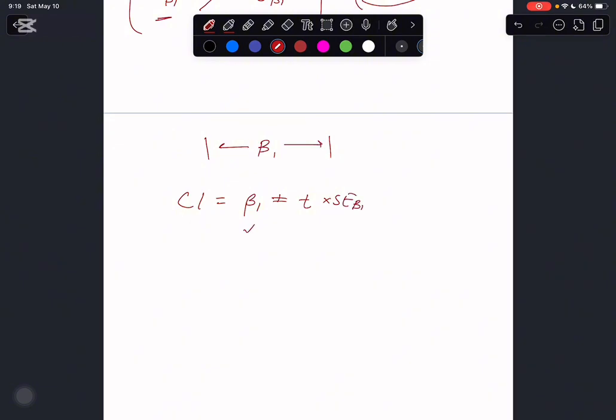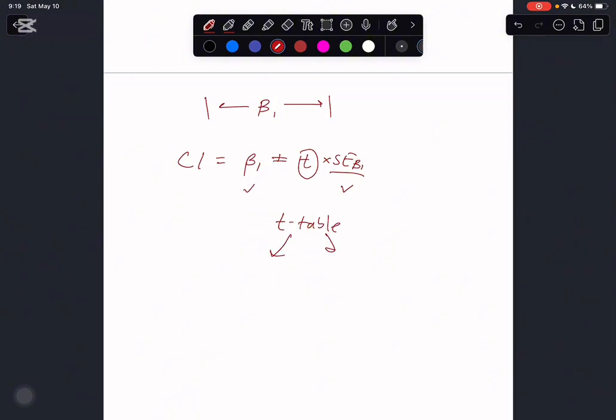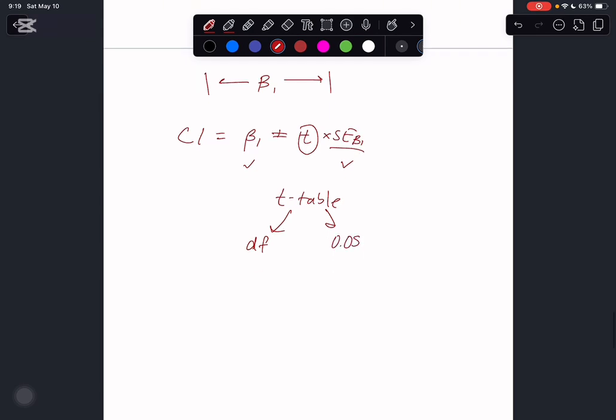We have B1, we have the standard error of B1. The T, where do you get it from? From the T table. So what does the T table depend on? You depend on two things: the degree of freedom and the significance level of 0.05. So go to the table, find the value, and plug it in, and you get the CI equal to